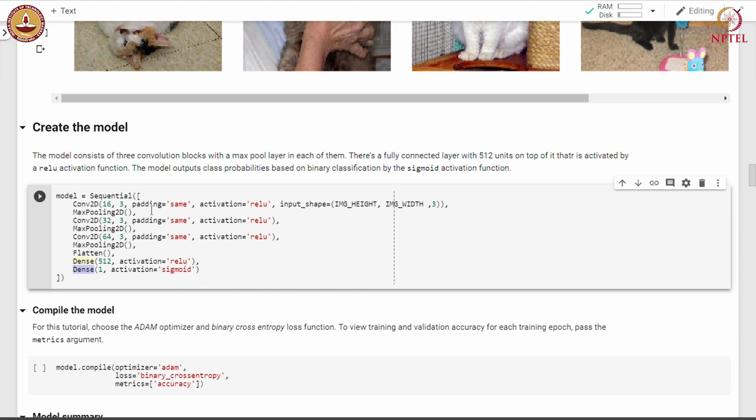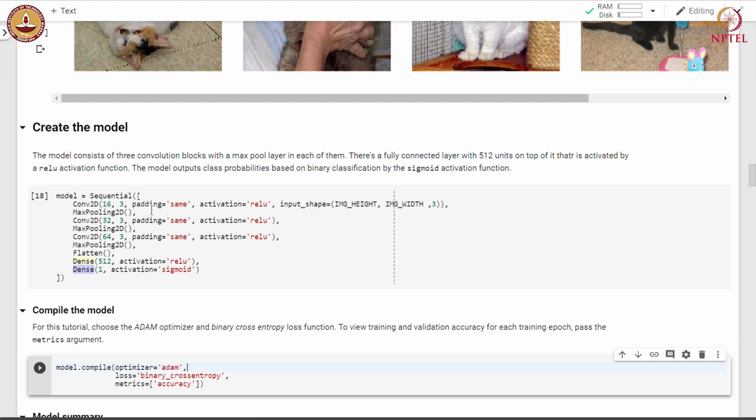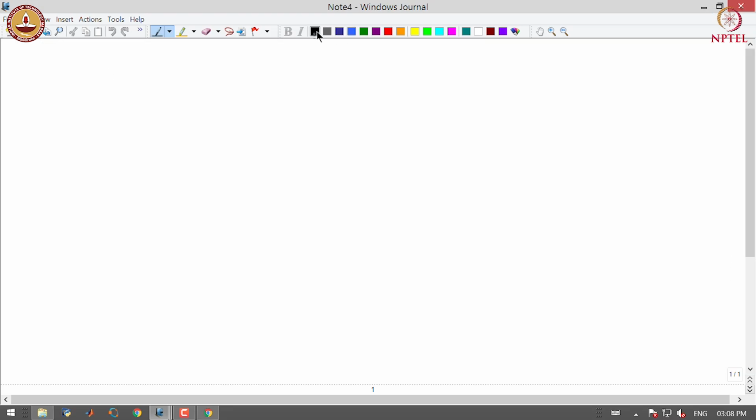Let us look at the structure of the model. So, we use a convolution 2D followed by max pooling, then another convolution layer.